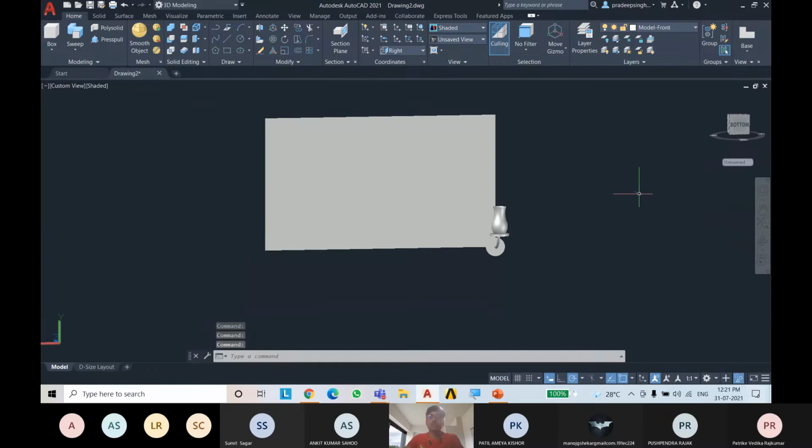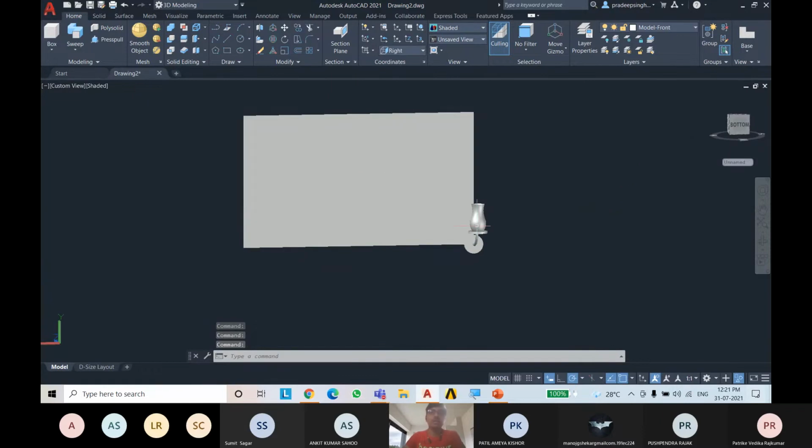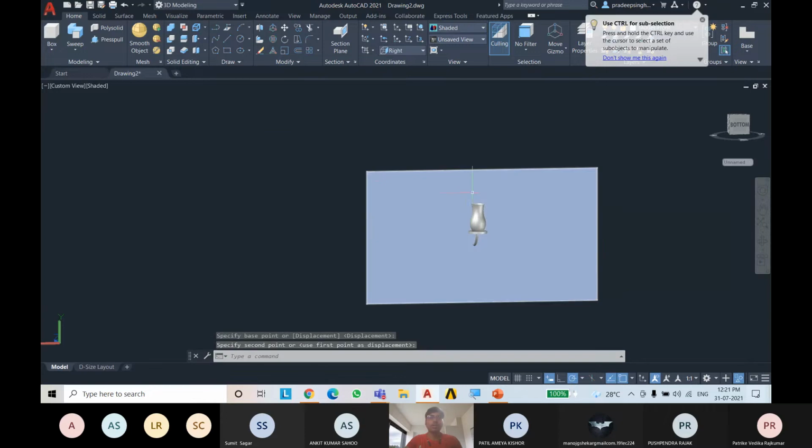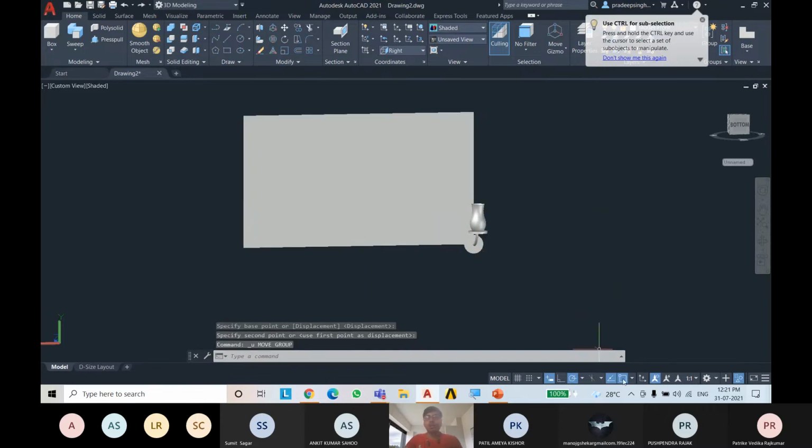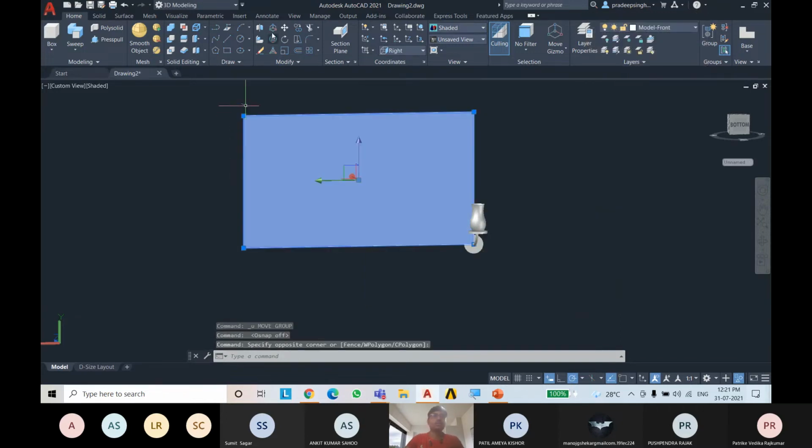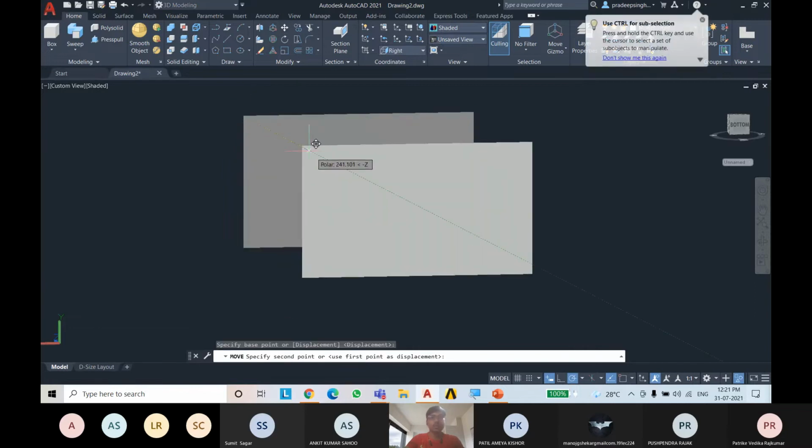Now we need to bring this to the center point. So we will be using the move command. Select this object, use object snap for accuracy of moving, because otherwise it takes any random points. Select this and enter. Again if I turn this off, select this and drag it.